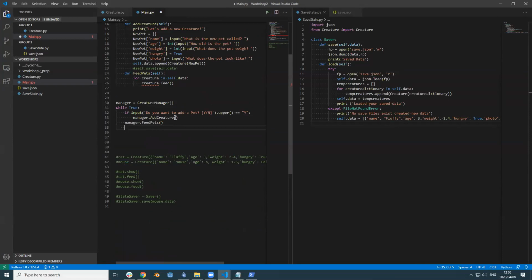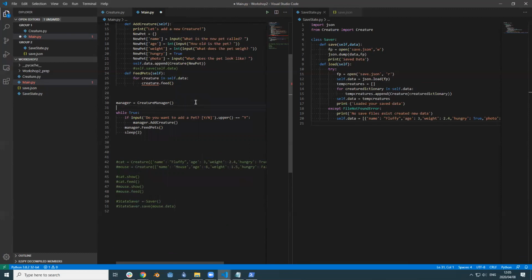So then we're just going to sleep for a few seconds. 2 seconds is a number. So there we go. So now it will wait 2 seconds and then do this all again. But now your user is kind of stuck in the application where they can only do this over and over and over. So what we're going to do is, up here, we're going to create a variable,